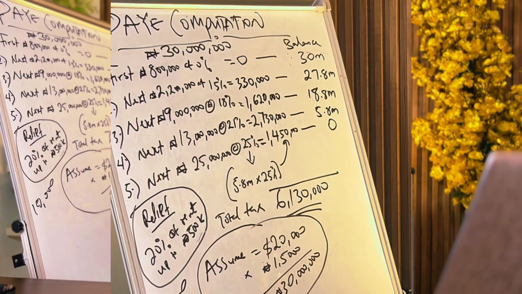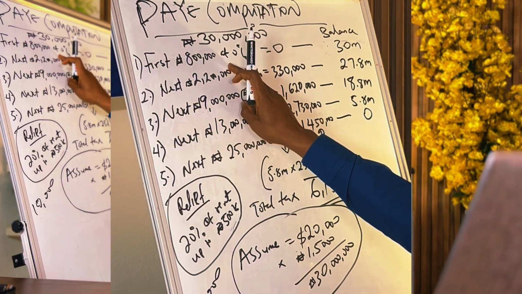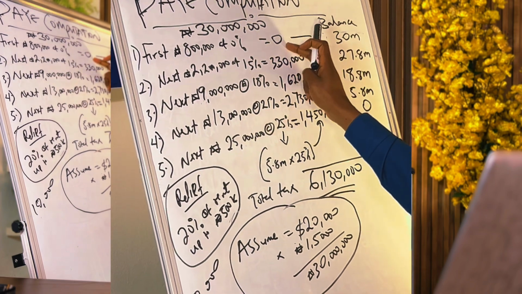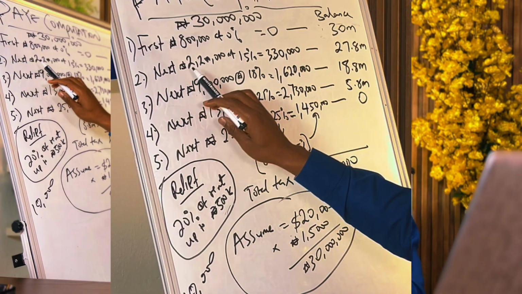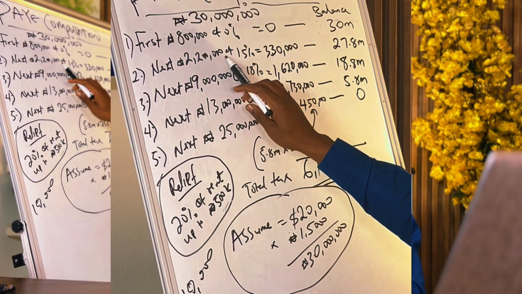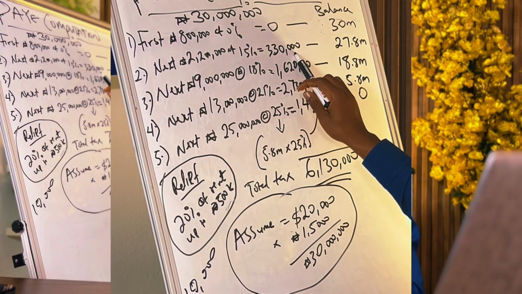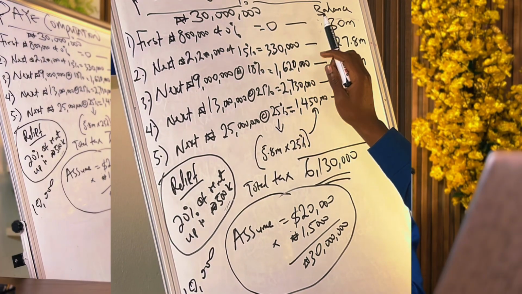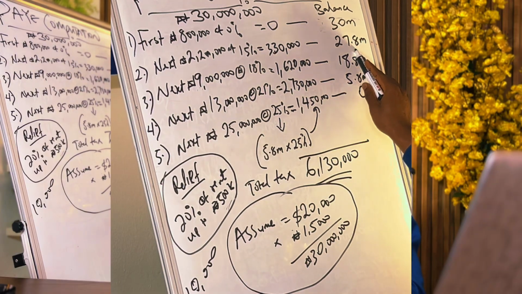But then let's proceed to the computation. The first 800,000 naira is charged at 0%, which is zero. This is your 30 million naira you're supposed to earn. Then the next 2,200,000 at 15%. So 15% of 2,200,000 from this 30 million is 330,000 naira. When you subtract this 2 million from the 30 million naira, the balance you'll be left with is